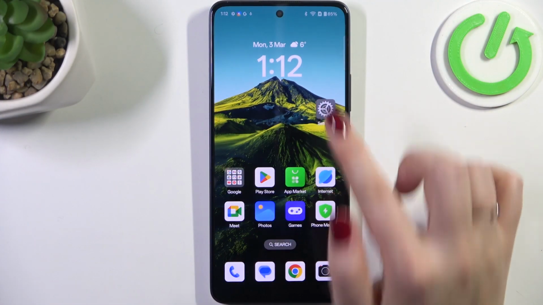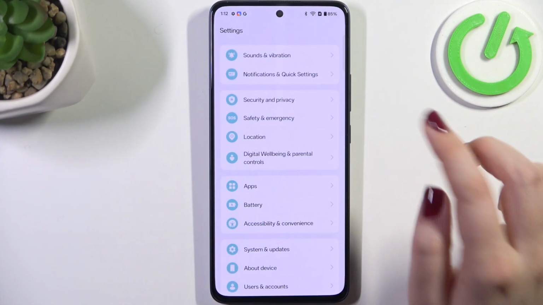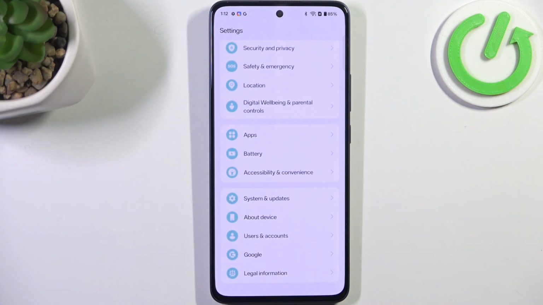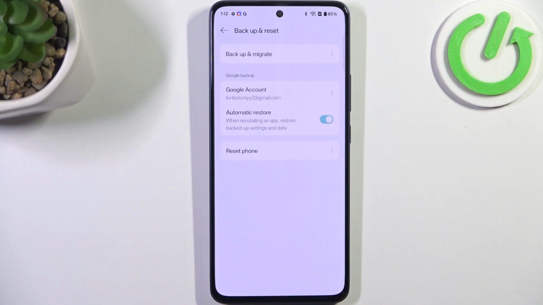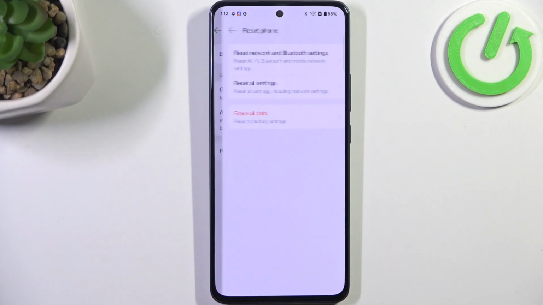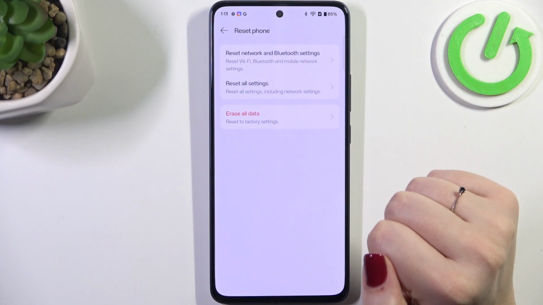So let's start with opening the settings, and let me quickly go back to the general list. And here we have to scroll down to the very bottom to find system and updates. Then let's tap on backup and reset, and here we have to enter reset phone. And as you can see at the top, we've got the option we're looking for, so reset network and Bluetooth